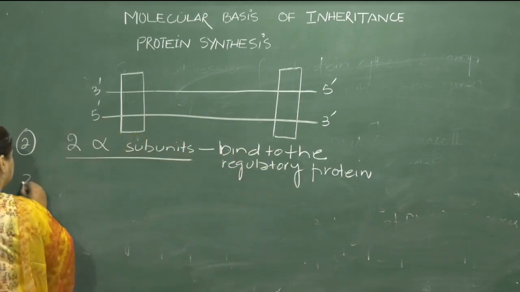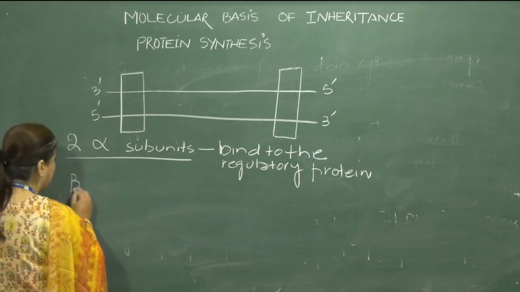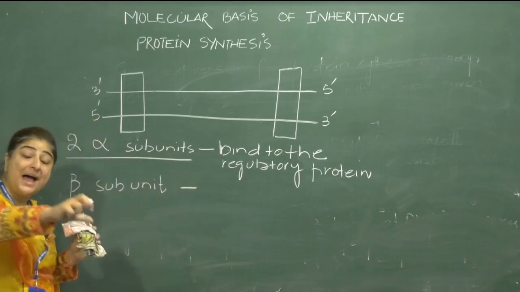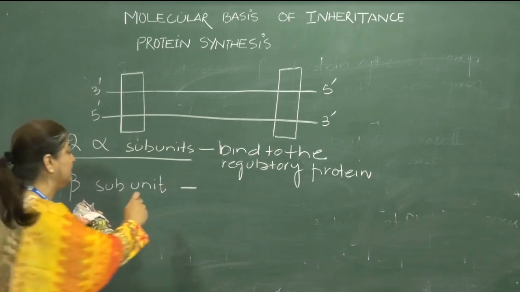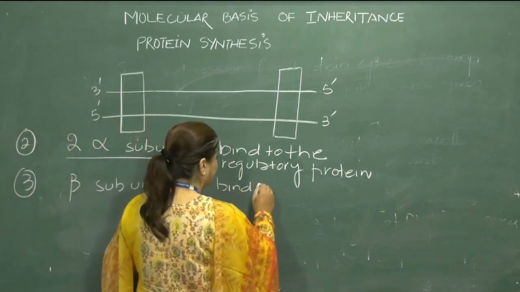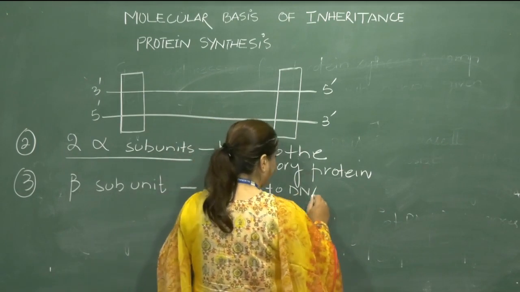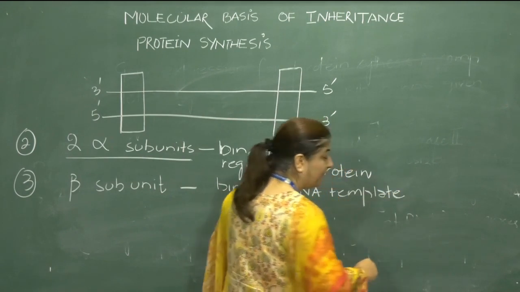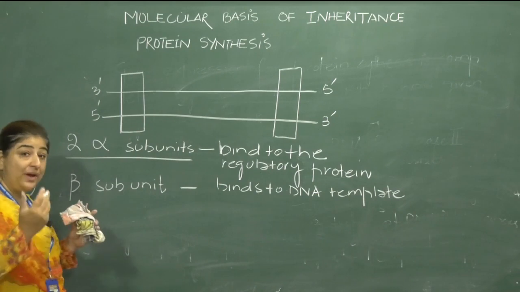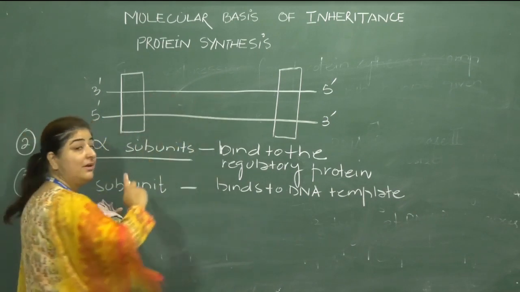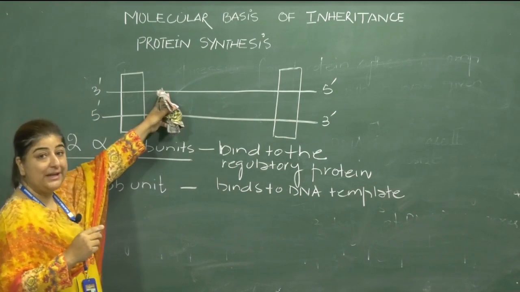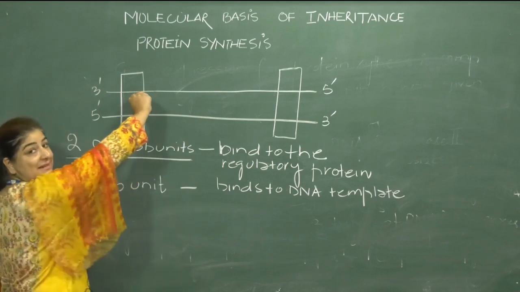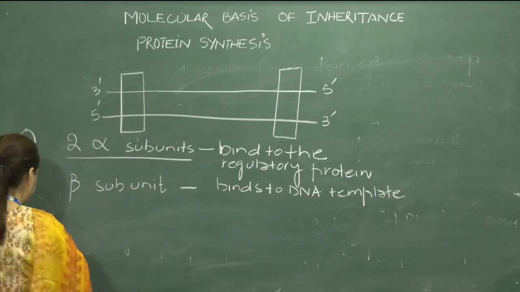And now the third subunit is known as the beta subunit, and this beta subunit binds to the DNA template. That means during the process of transcription, it binds to the DNA template. When the RNA is being synthesized, this beta subunit holds it. And then the fourth